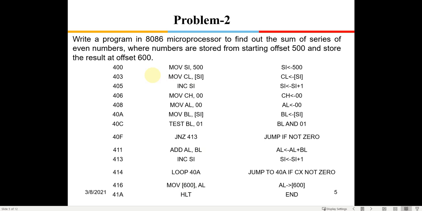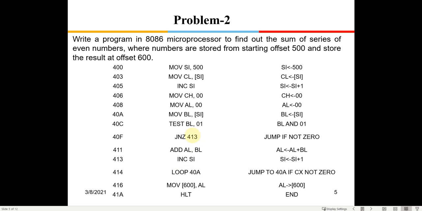Yeah, so the only thing is, when we write this program in assembly language, we always specify the memory location for loop and jump.